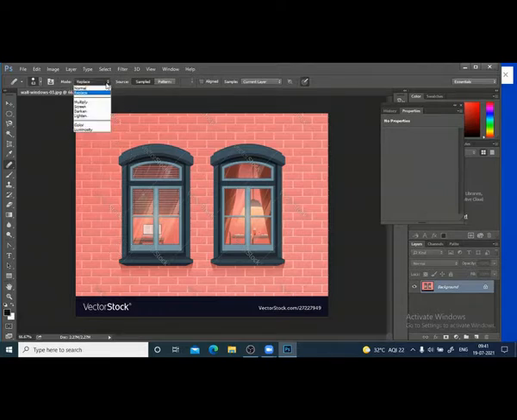Here, again in the normal mode. I'm in the normal mode now. And source is sampled and pattern, two are there. So what I will do, I will try to use the normal sample, and I want to delete this window. I want to remove this window. So what I have to do is, first I have to go to the place that you want to copy.